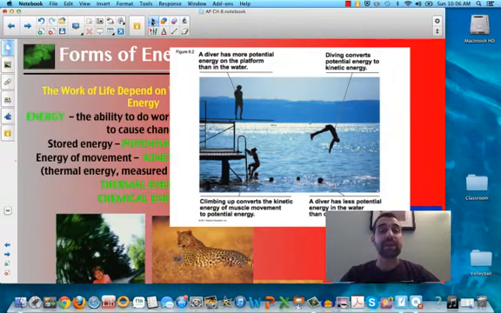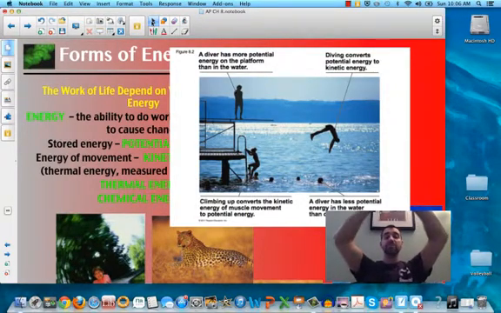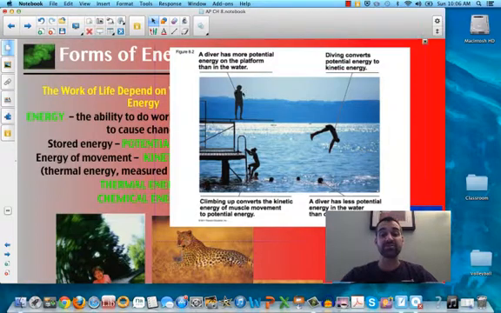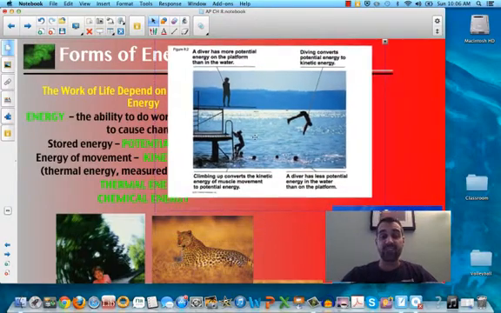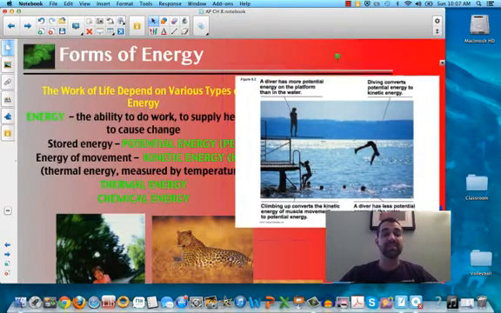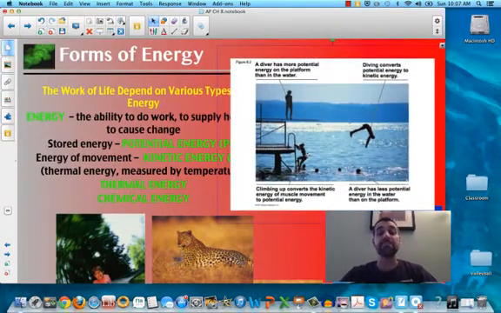What happens when we break that chemical bond? So we've got this molecule. What happens when we break that chemical bond? We're going to release that energy. But that energy will no longer be potential energy. Rather, that energy is going to be released as kinetic energy, aka the energy of motion. So this is thermal energy. This is temperature. This could be molecular motion. This is the idea of the energy of motion.